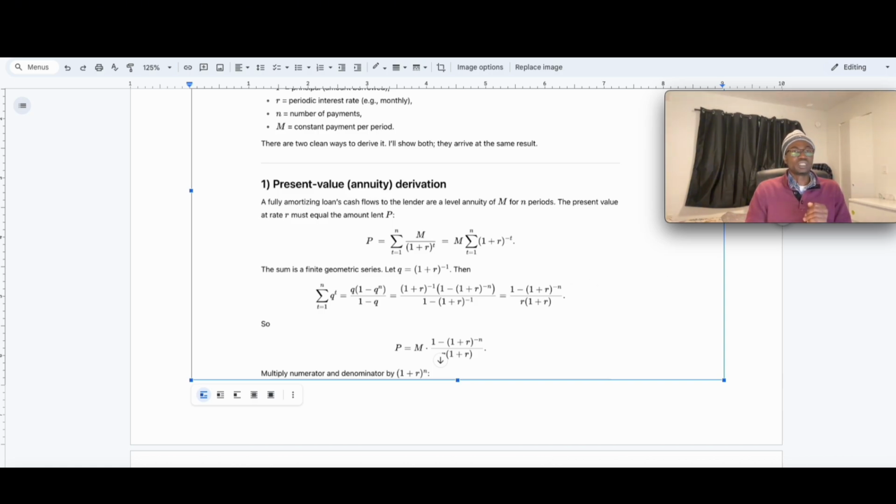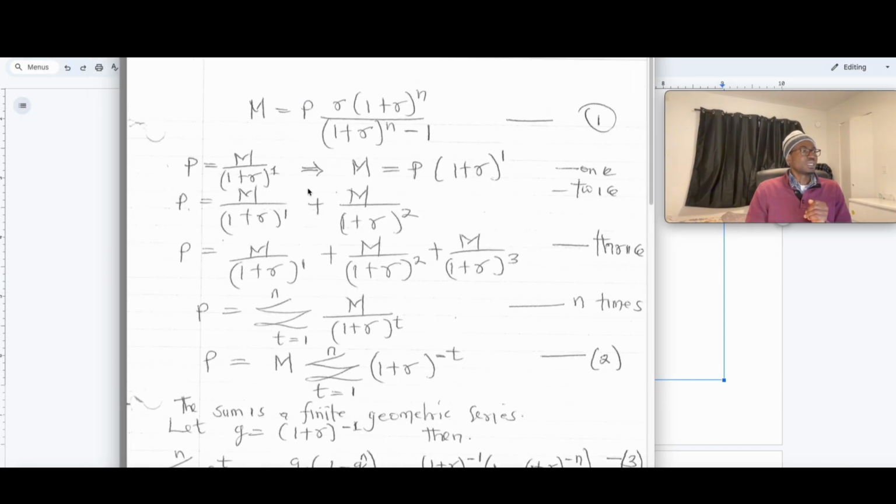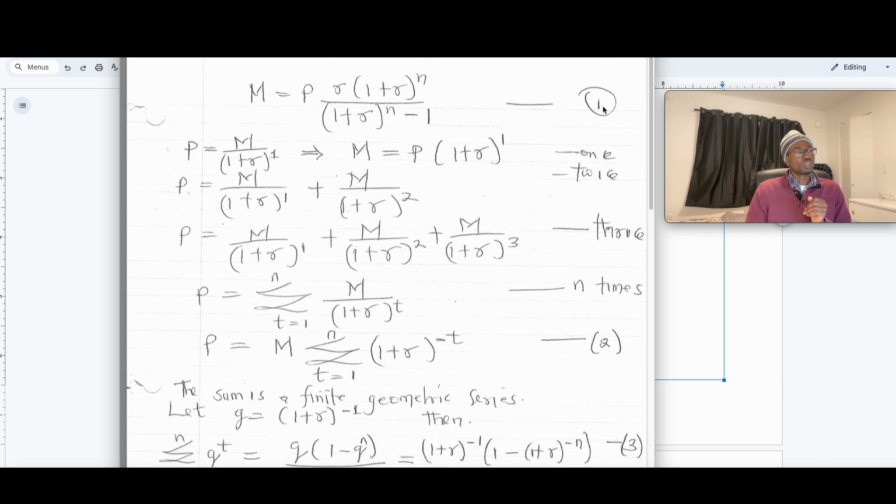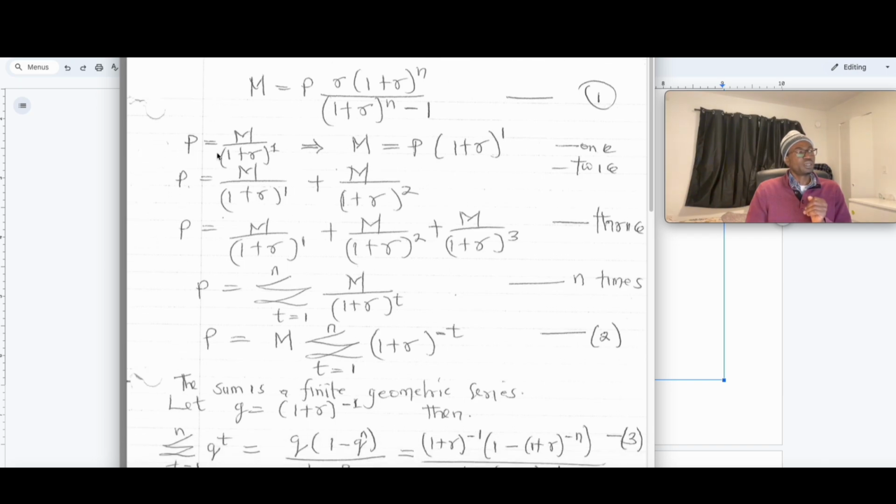So I'd like to bring up a sheet just to explain it more properly. We are looking at this now on this sheet here. We've got this equation for the principal, this is equation 1 that we want to derive. So let's start from here. You take a principal, and then this is the future amount of this principal. That is P times (1 plus R) raised to power 1 will be the future amount you will pay